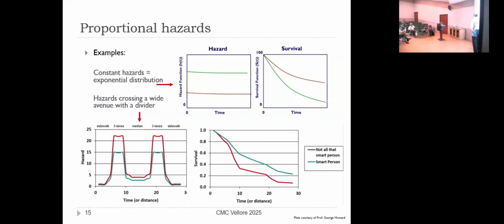So hazard goes up and down. Here you have maybe a little bit smarter person, here a less smart person crossing the road. So that depends on the smartness of the person, which is your hazard. But then their survival functions are like this. These are proportional hazards that I have here. But the hazards themselves are not constant. We'll see them